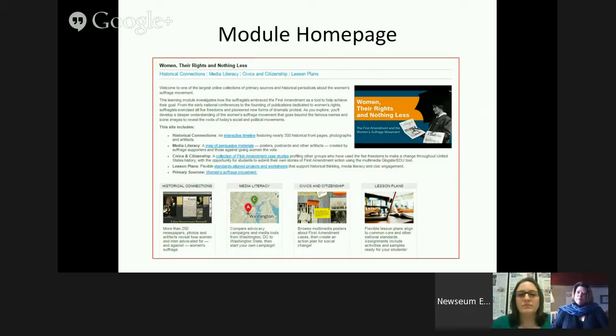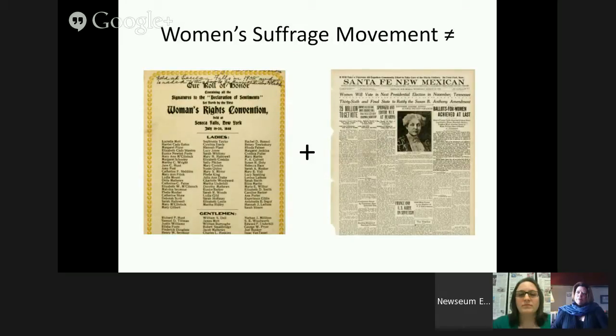So the first interactive that I'm going to introduce you to is our Historical Connections module. And as Cordy said, so many of us growing up got the impression that the women's suffrage movement started with the Seneca Falls Convention, and then they advocated for a couple of decades, and it ended successfully with the ratification of the 19th Amendment. But what we want to bring out in the module is that there is so much